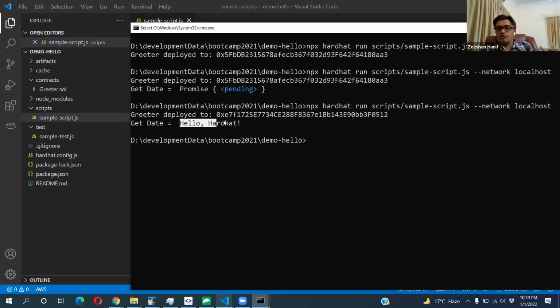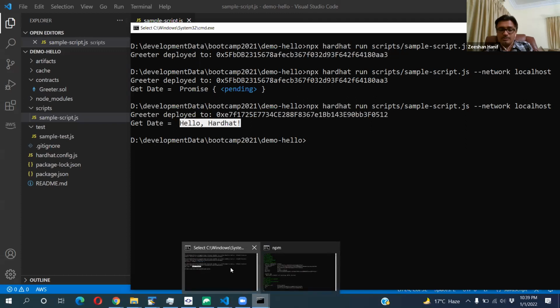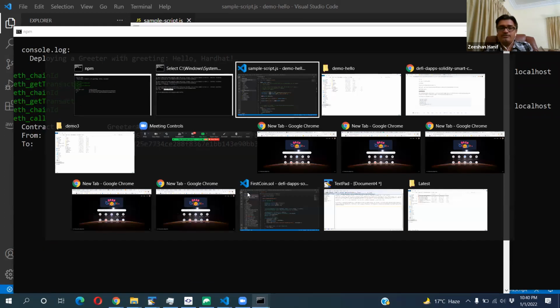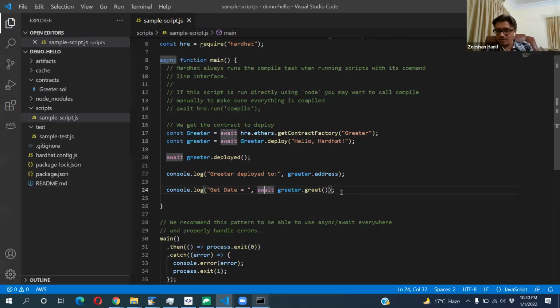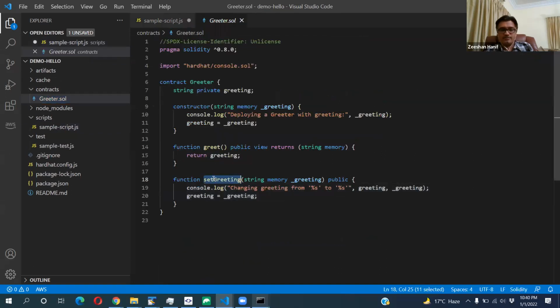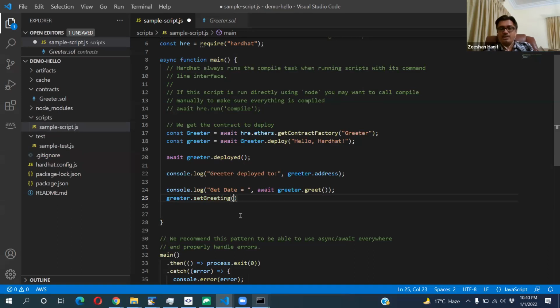You see what I'm trying to do is get the data from the blockchain. This is my blockchain which is running, and I'm calling the functions on my blockchain. Let's say I want to call greeter.set. We don't have the intelligence, so I have to copy it, and I want to say hello, or some name, Muzaffar.